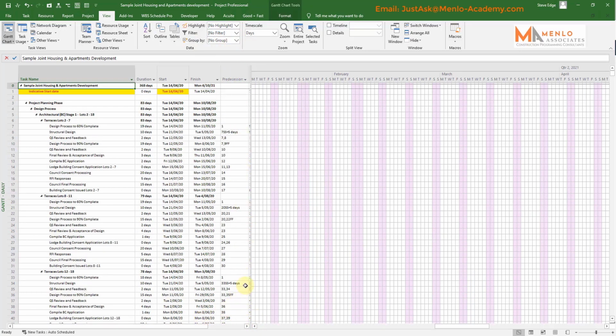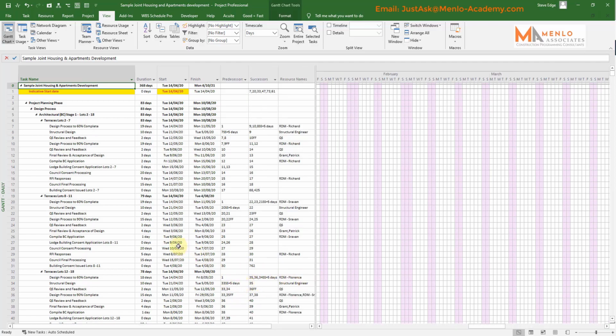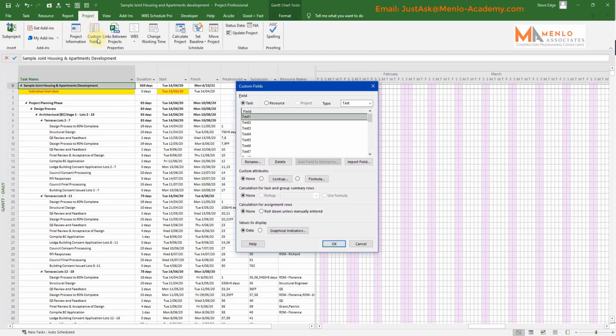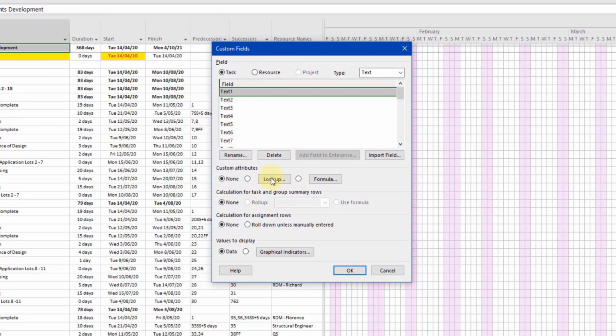What you can actually do is add extra columns to give you extra flexibility in terms of what you want to filter. So you can pick and choose the information or which parts of the job you want to look at. The way you do that is first to go to the Project tab and click on custom fields. This opens a dialog box with a number of fields that you can tailor to suit your needs. And it doesn't just need to be a text field. There are flags, there are all sorts of things that you can set up